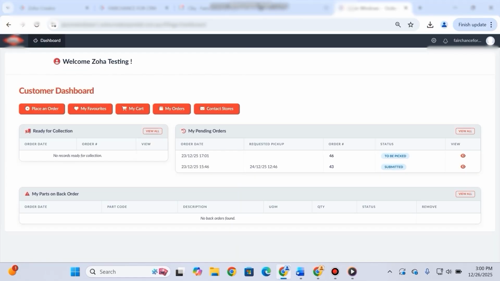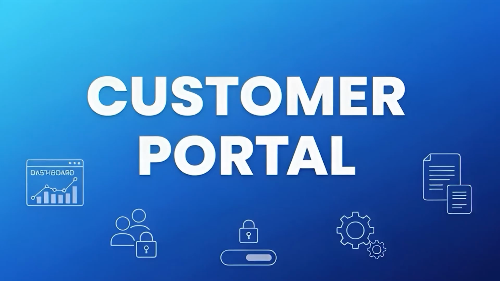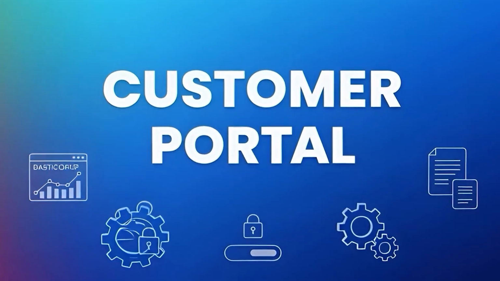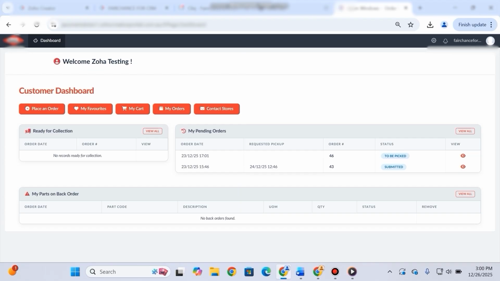So in this simple way you can add all your parts and all your customers data. Now the app journey will start from the customer who will place the orders. Here you can see we have set up this portal and dashboard for customers. They can log in to this user-friendly dashboard from their mobiles, laptops and tablets. Every customer will have their own email and password and they can see only their own data.